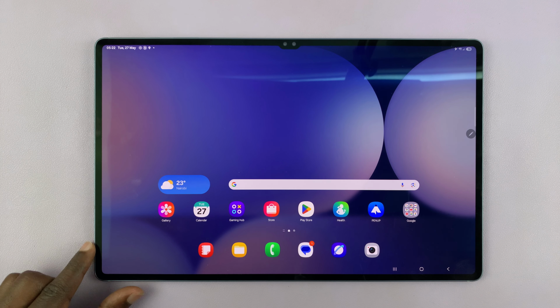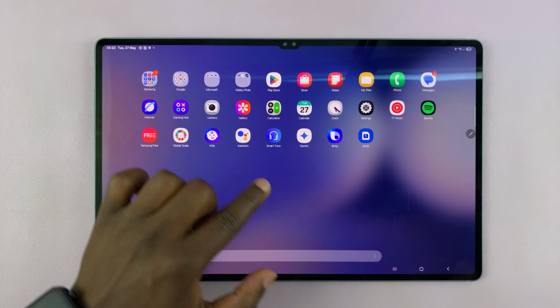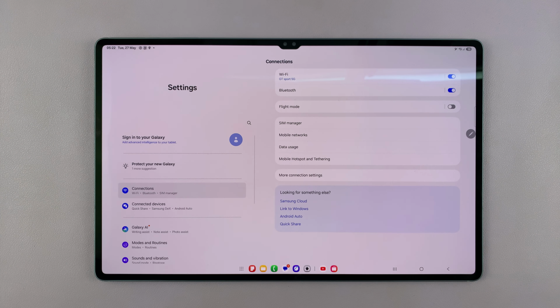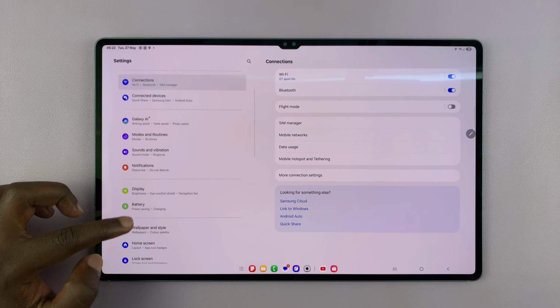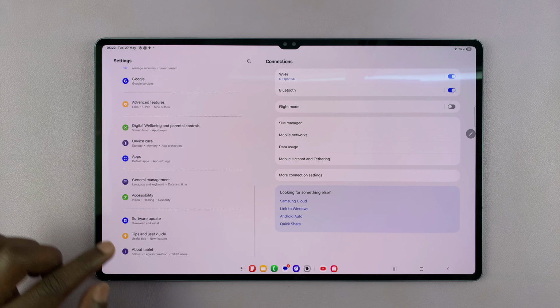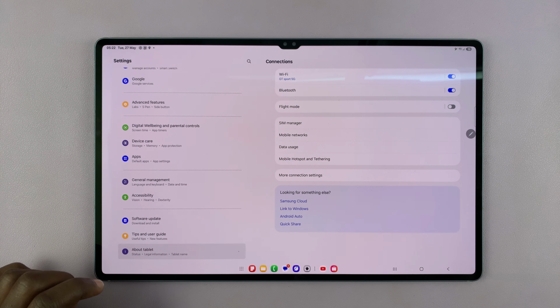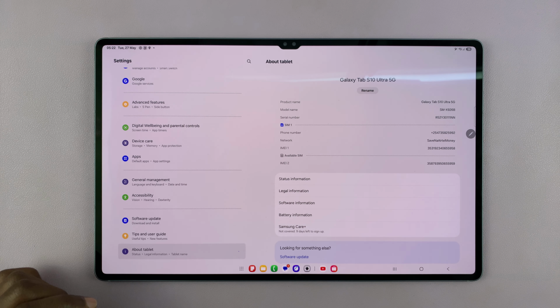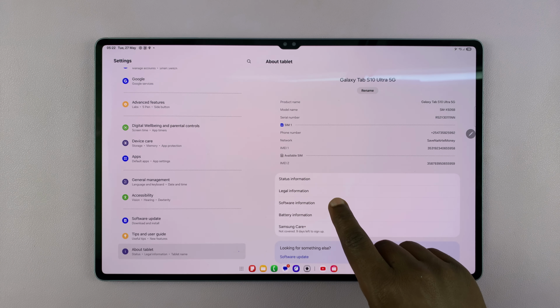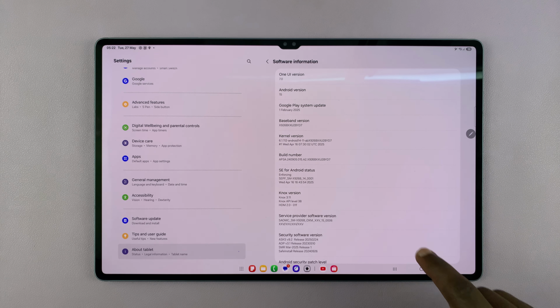So I'll be showing you how to enable developer options on your Galaxy Tab S10 or S10 Ultra. So simply go to settings. Under settings, on the left hand side, scroll all the way down to about tablet, tap on that. And then under that, go to software information, tap on that, and then look for